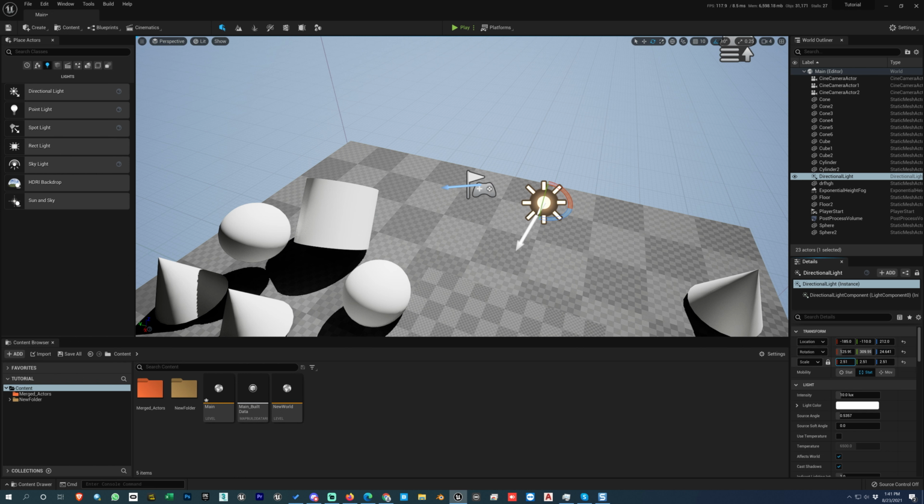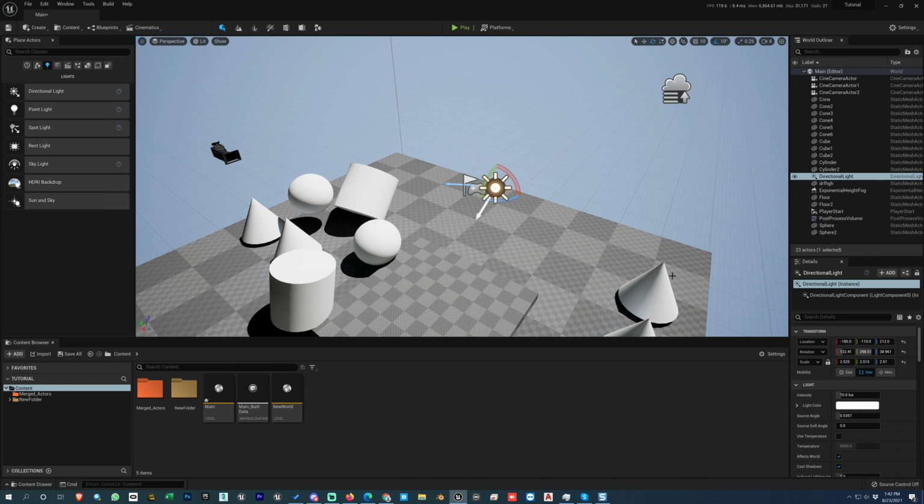You don't need to scale it, because the sun cannot be scaled. But you can just rotate it, or you can also rotate it directly in the viewport. It will be easier for you. So now let's